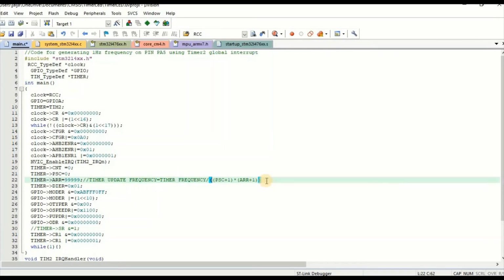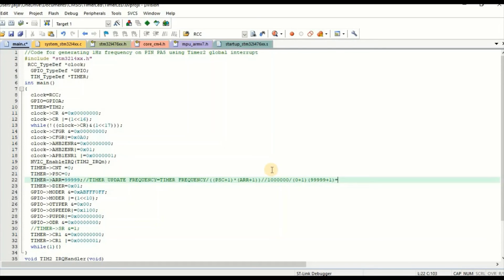For these values, what update frequency are we getting? Let's calculate. If we are getting 1 MHz, that is 1 MHz frequency divided by the prescaler value, which is 0, so 0 plus 1, and the ARR value is this one plus 1.